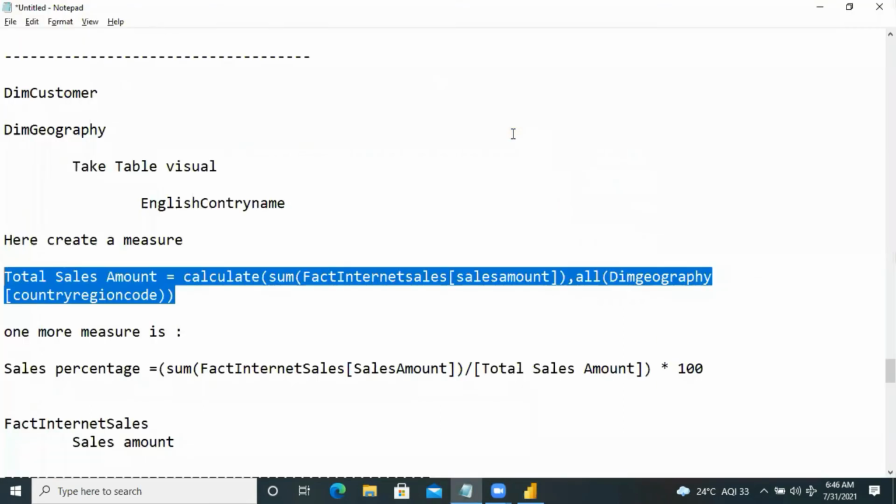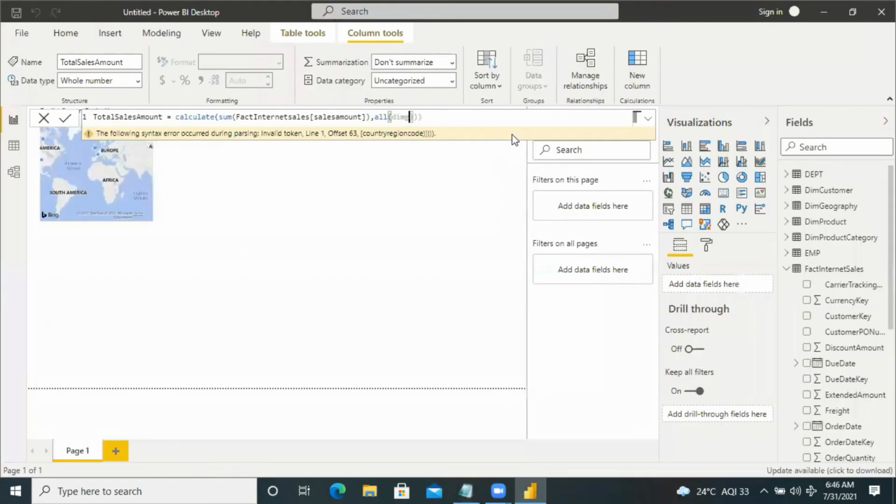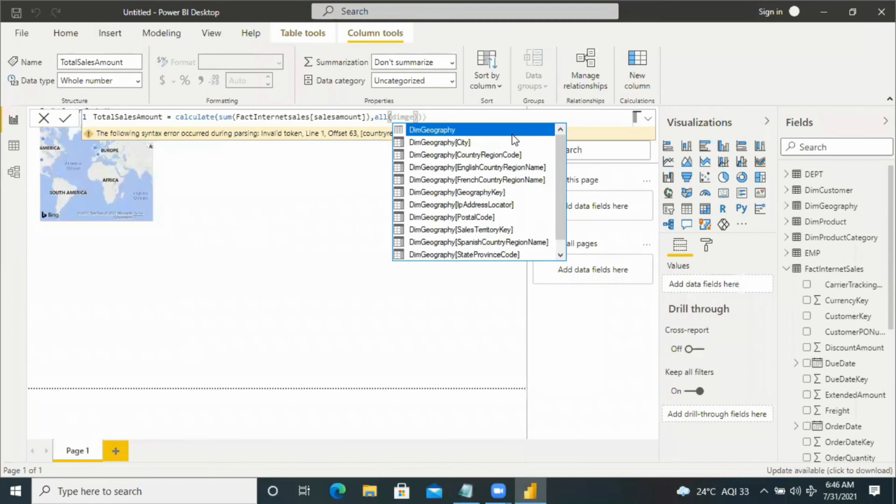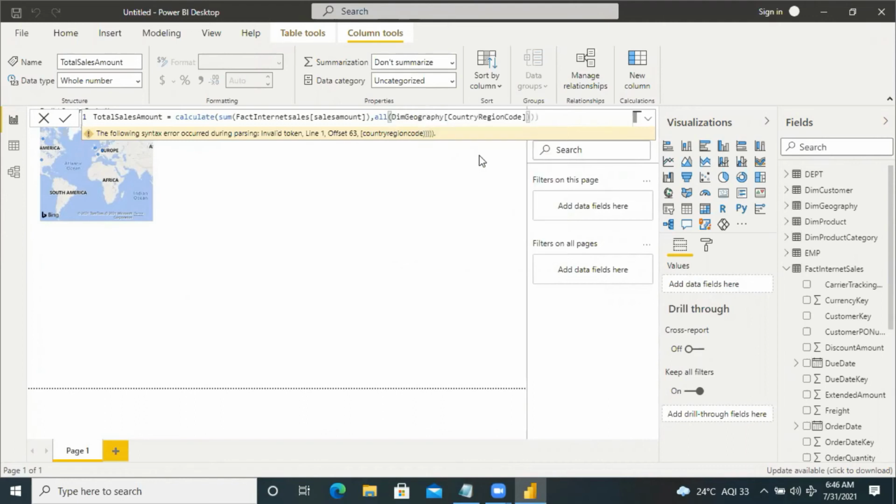That column name is DimGeography, English country region code. Country region code, here I'm taking. Then I'm closing the ALL function here. I'm closing the CALCULATE function.